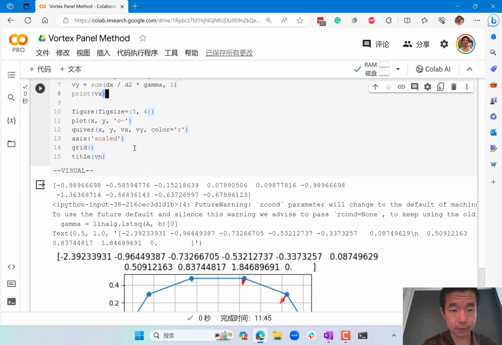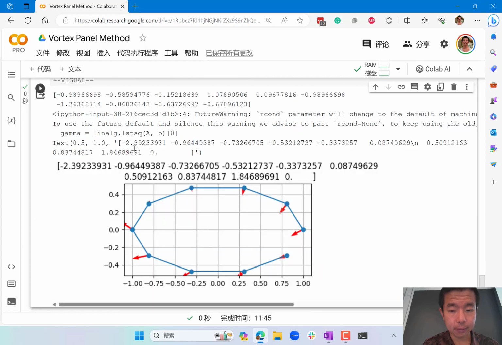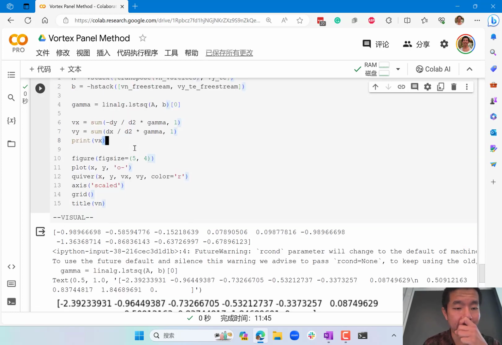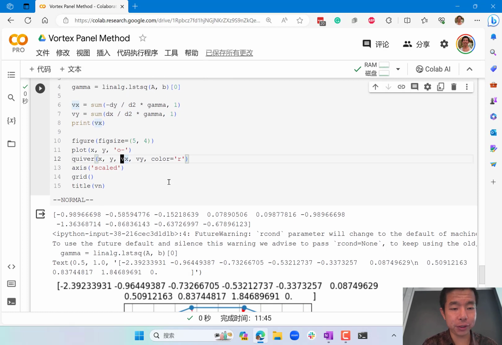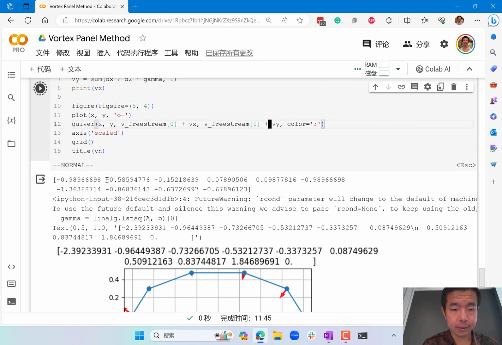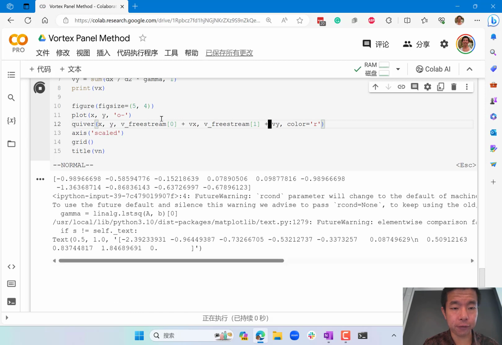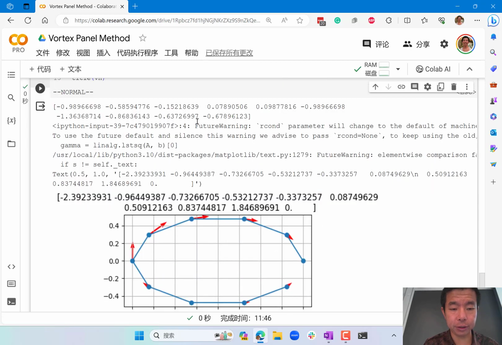The velocity does not look right. Oh, okay. So I think I only visualize the velocity induced by the vortices. What I should do is add a free stream. So V free stream is 1 plus Vy, right? Let me look at the combination of free stream and the velocity induced by the